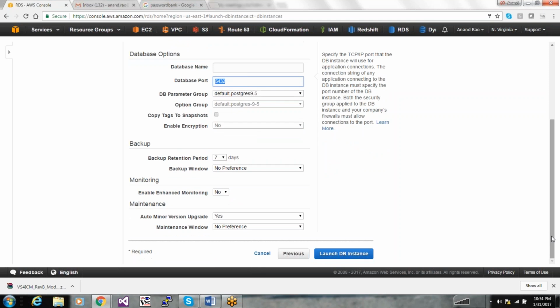Okay, 5432 as inbound rule is open. A couple of them as well. Backup